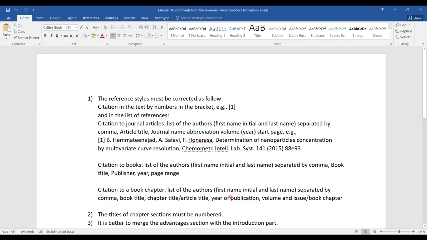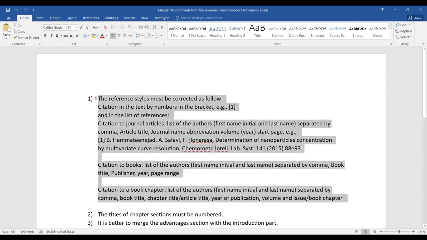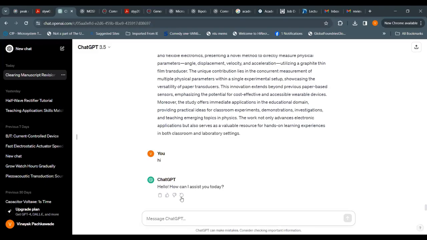So I will now take the help of ChatGPT to arrange this kind of revision. So the first comment from the reviewer: what I have done is I will just copy and paste this right here with Control C, and then I will go to ChatGPT on the screen, and I will say to ChatGPT, hey, I have received